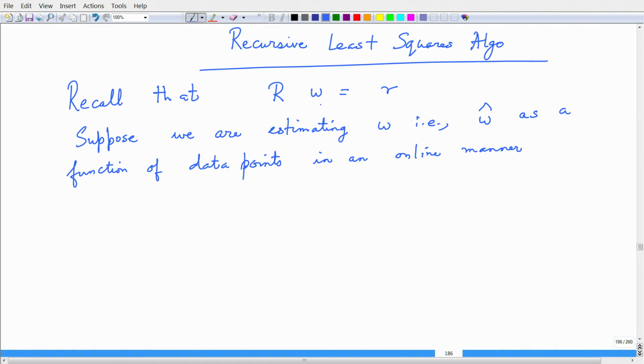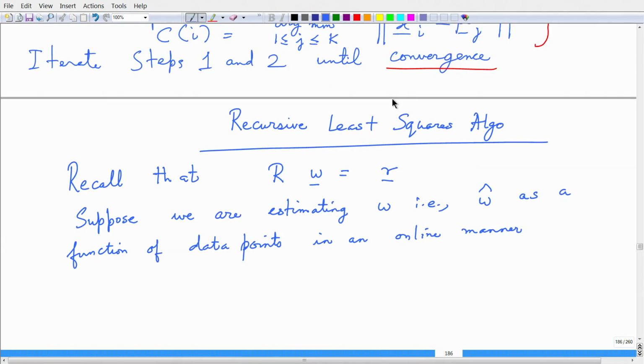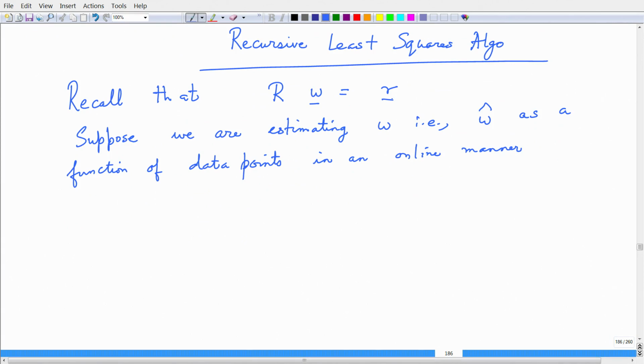This is one of the standard algorithms in adaptive signal processing, but I will discuss this technique here as part of this problem, so that this tool will be very useful for you in your solution when you deal with practice. Okay. So, recall that this matrix capital R times this vector W equals this vector small r, where we have defined all these terms earlier in our slides, right. So, I will just recall again.